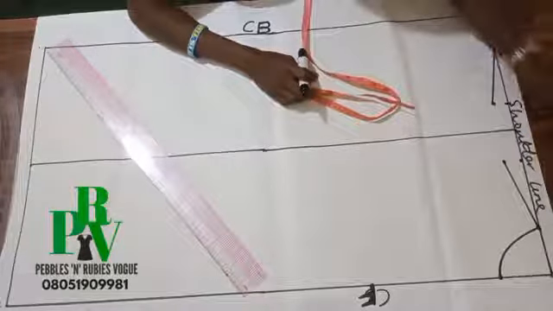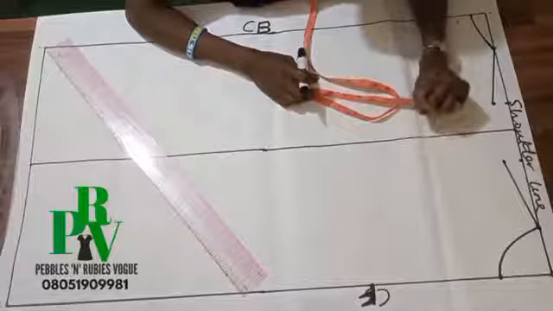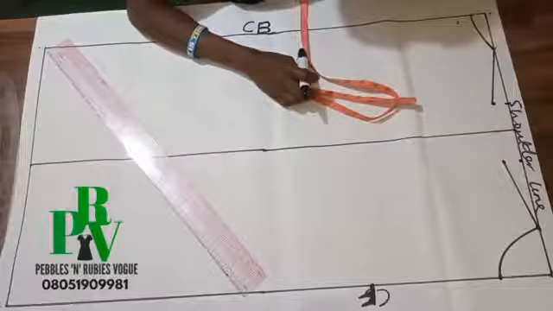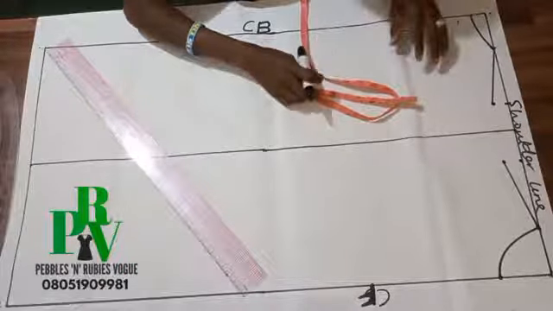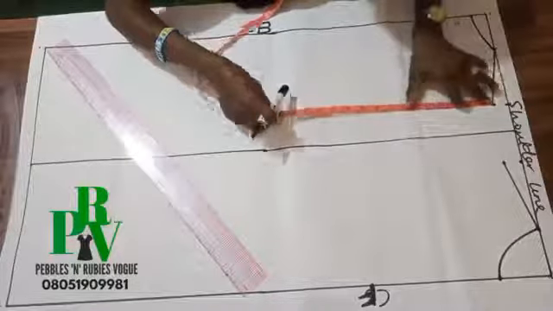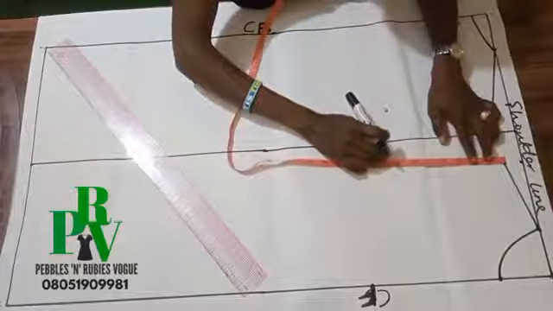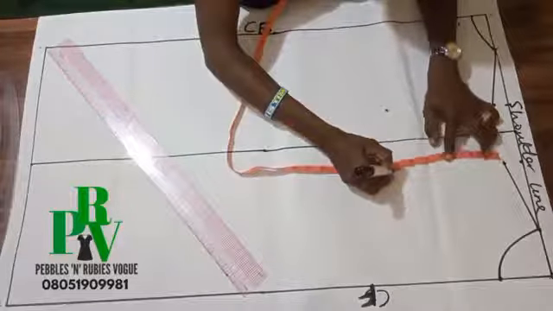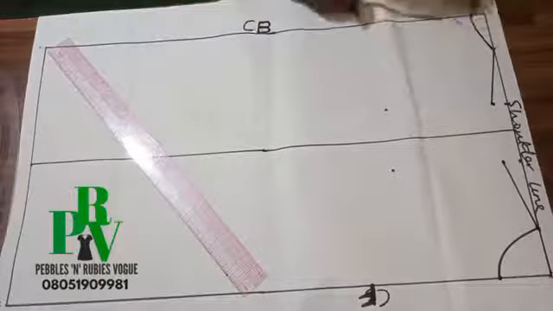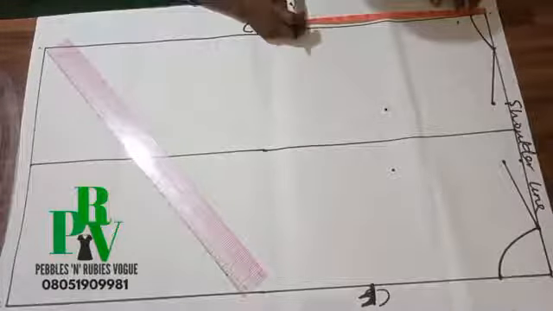To determine the armhole length, you divide the bust circumference by 6, then plus 1.5 inch. I'm working with 35 inch for the bust circumference, divided by 6 is 5.8, and then plus 1.5, and that will give me 7.3. So from the shoulder slope I'll mark 7.3 inch. Okay, I'm marking 7.3 inch, and then I'll come to the center back and mark from the shoulder line down